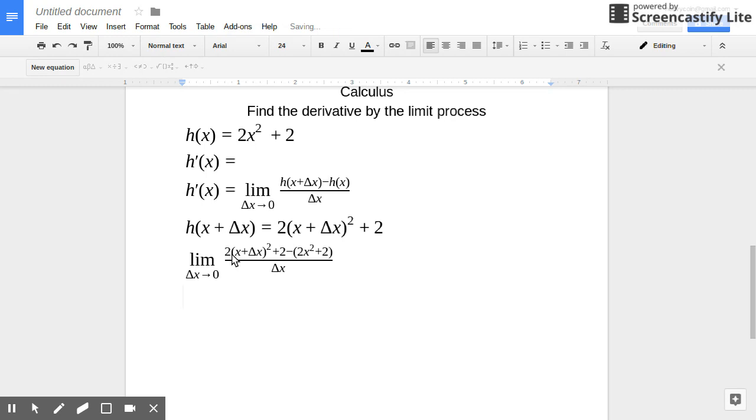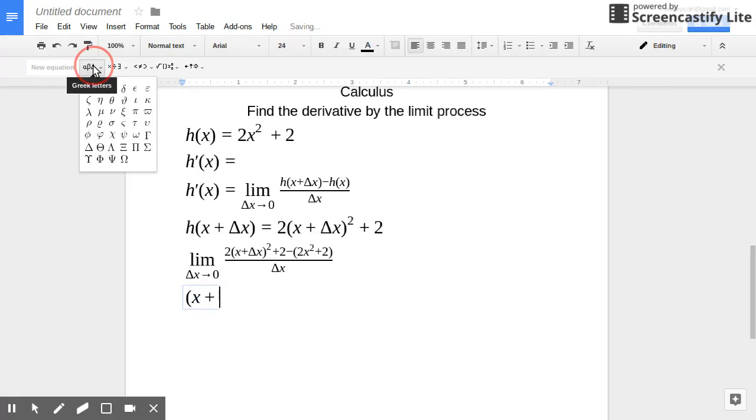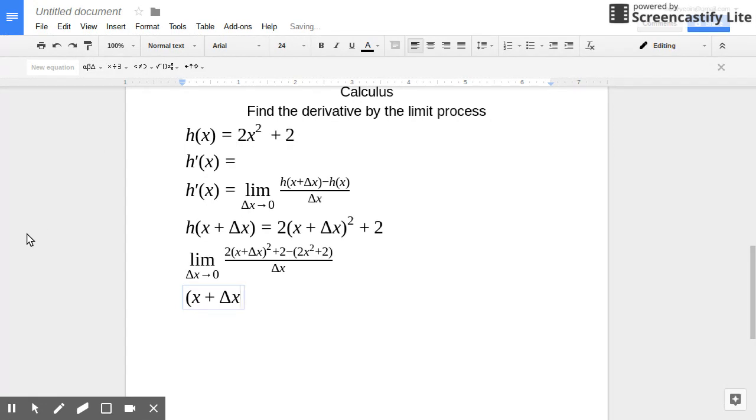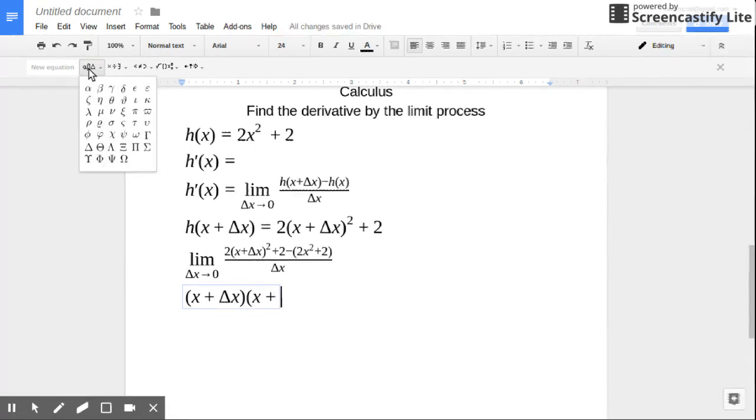Okay, so we have x plus, go ahead and put the parentheses here. Let's see, x plus our delta x, plus our delta x